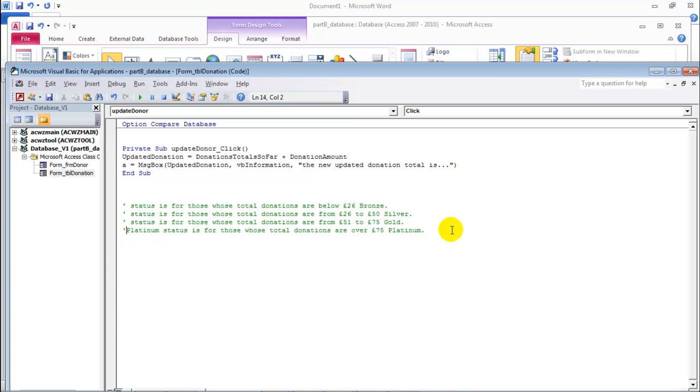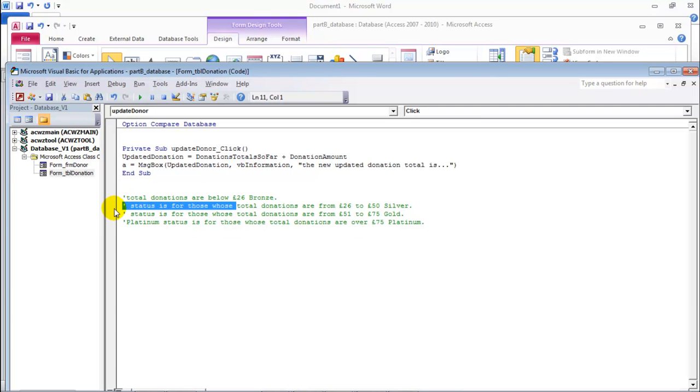So status, bronze status. Let's get rid of this. Single quotation mark. Total donations are below 26. The status is bronze. Status is bronze. Status is, so let's just copy this everywhere. Copy, paste, paste, paste. Yeah. So now